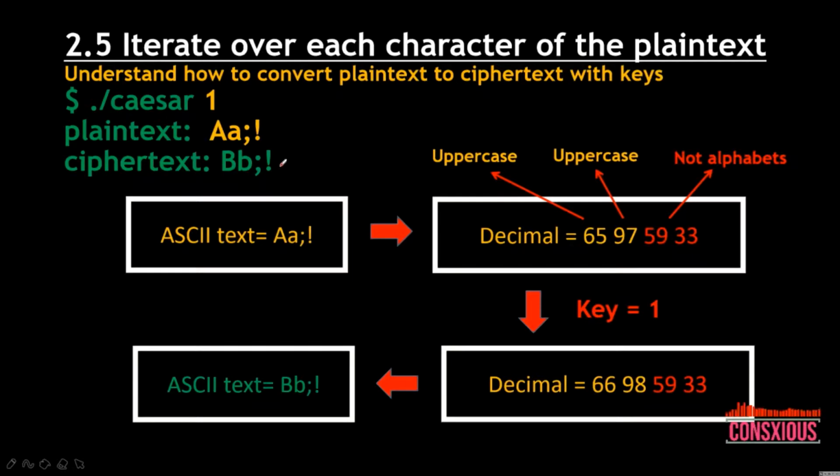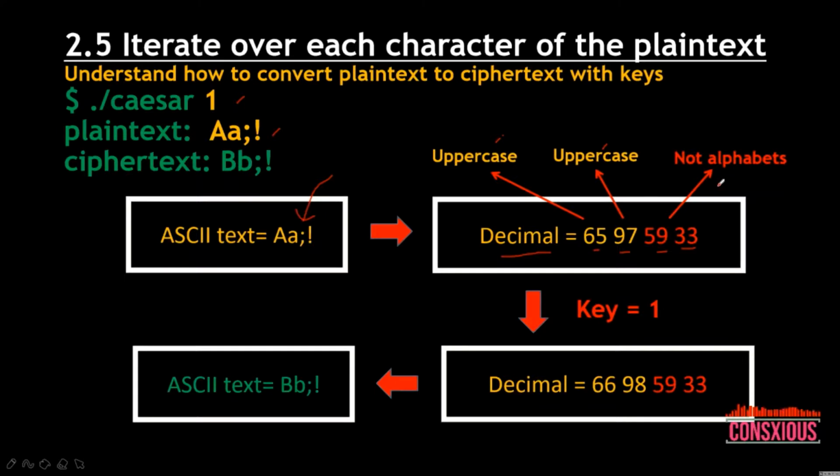Examples, similar to the earlier examples. The user keys in 1, and the plaintext is AA, and the symbols and exclamation marks. So the text here with what the user keyed in, we will convert into decimal. So this is the decimal for each alphabet. We notice that the uppercase and lowercase are different numbers. As I explained just now, uppercase and lowercase are different,